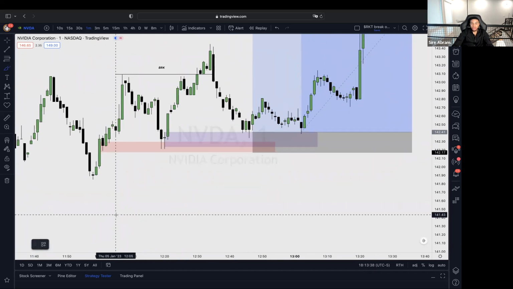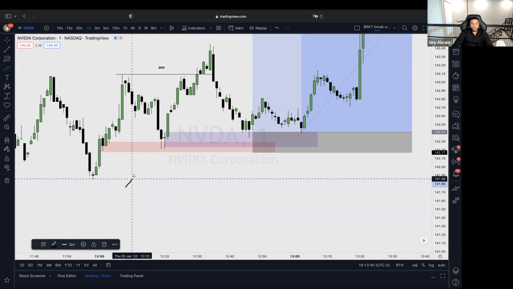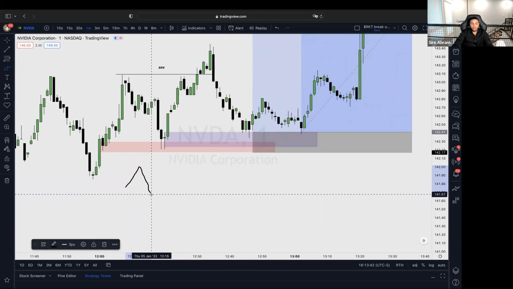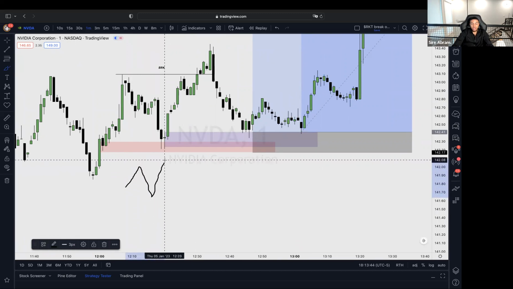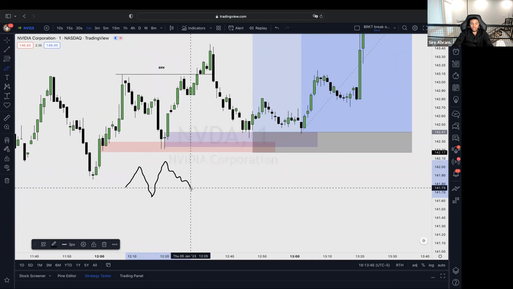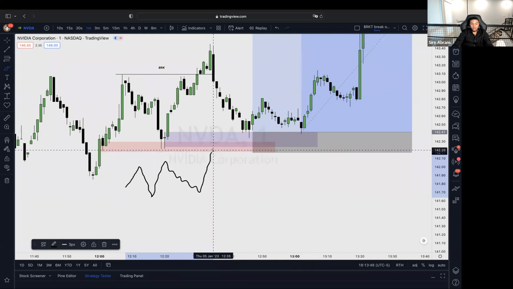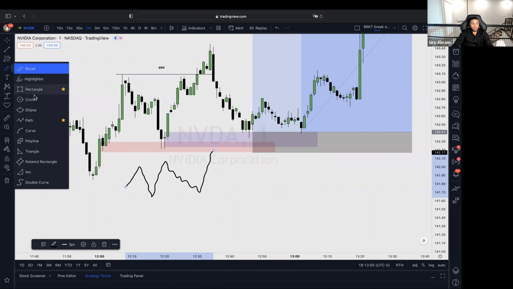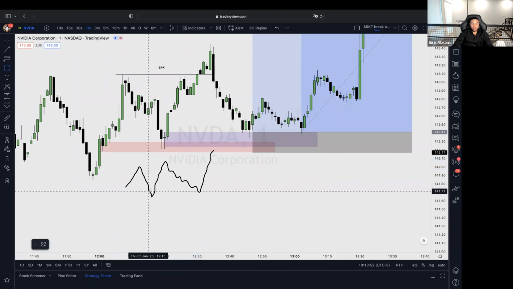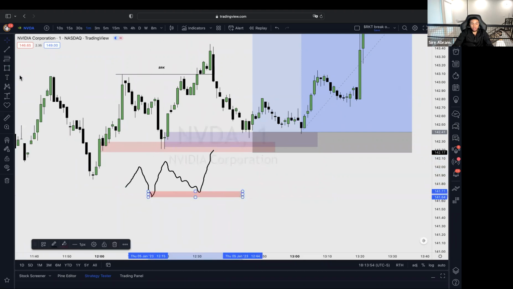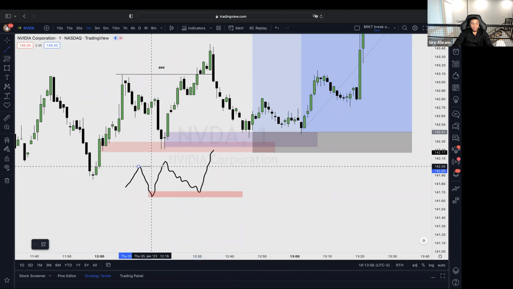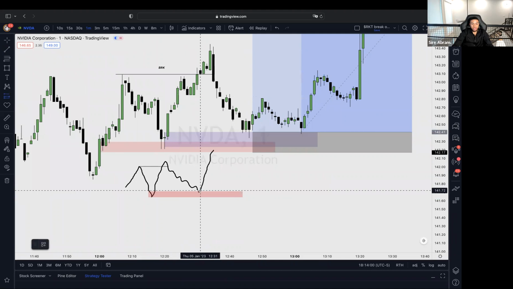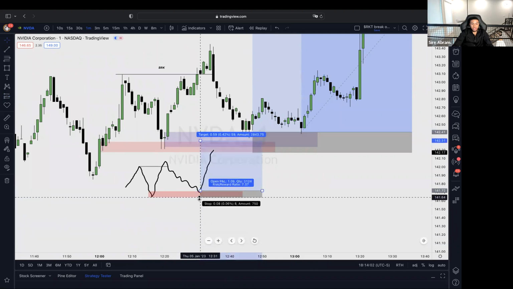So I'll draw it again. Here we have a high, here we have a low, here we have a break, here we have a retracement, here we move higher. We retrace to the area that initiated the break of this high. Right there, took our entry here, stop loss here, and then target wherever you want.